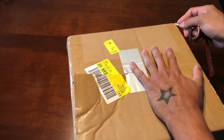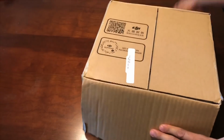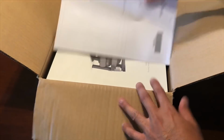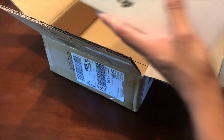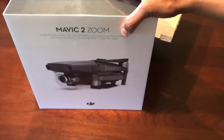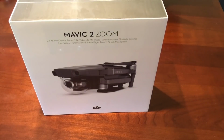I actually ordered this on Friday. I wasn't busy on Thursday when they have the announcement. But when I got this, it comes with this letter in here. And the reason why I got this one, because I was still deciding on getting the Pro or getting the Zoom. The reason why I got the Zoom, to be honest with you, is that it's just easier for me. All my video, all I do is basically